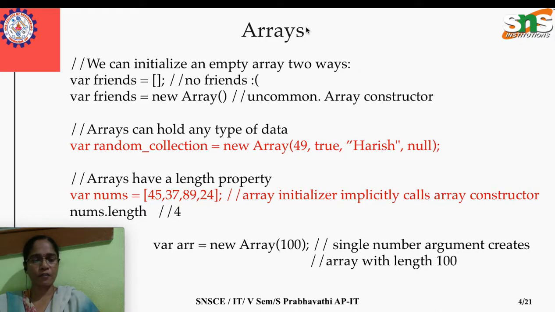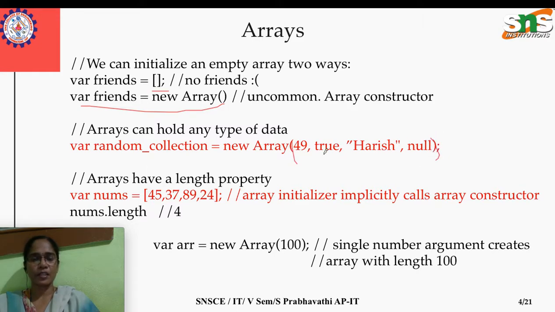And different ways of initializing the array. Okay, see here, var friends is equal to simply the square brackets. So it means there is an empty array friends. And later see here, this is also possible. Here using the array constructor we can add the items for the arrays. The thing is that instead of square brackets, when we go for initializing the values for arrays using the array constructor, of course you have to use parentheses instead of the square brackets.